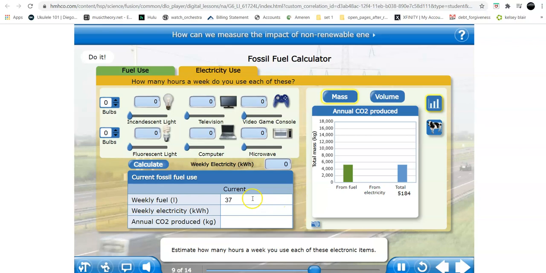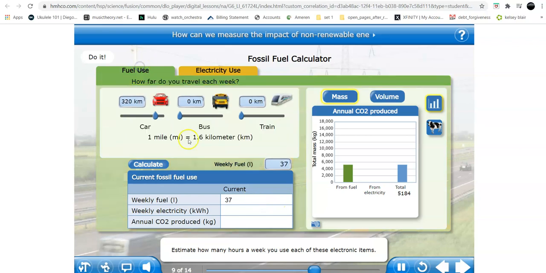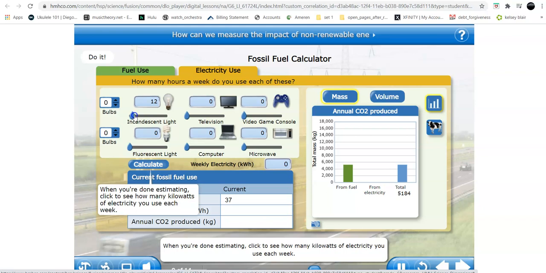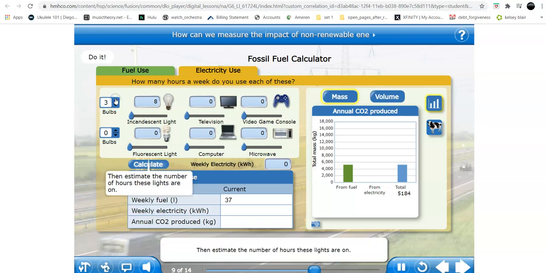Estimate how many hours a week you use each of these electronic items. Enter the number of incandescent and fluorescent light bulbs you use. When you're done estimating, click to see how many kilowatts of electricity you use each week. Then, estimate the number of hours these lights are on. Hours? I'm guessing these are the hours. Okay, so I'm going to guess they're on a total of 8 hours, 5 light bulbs, probably between school and